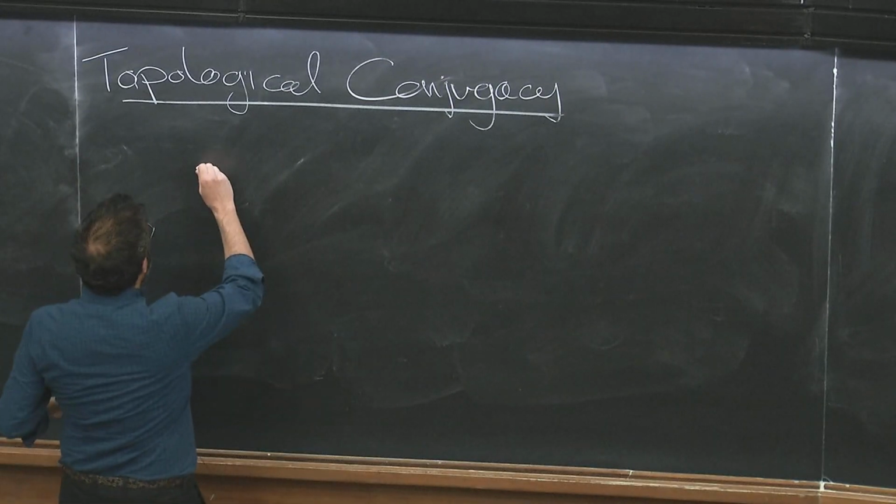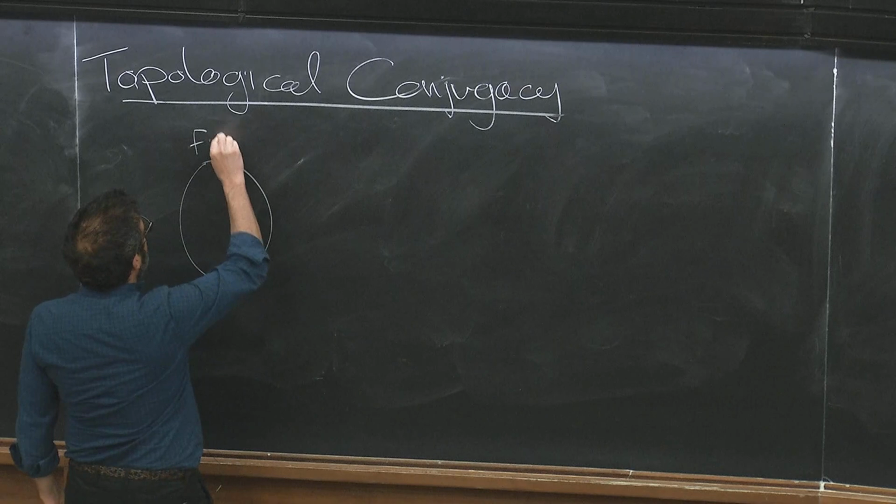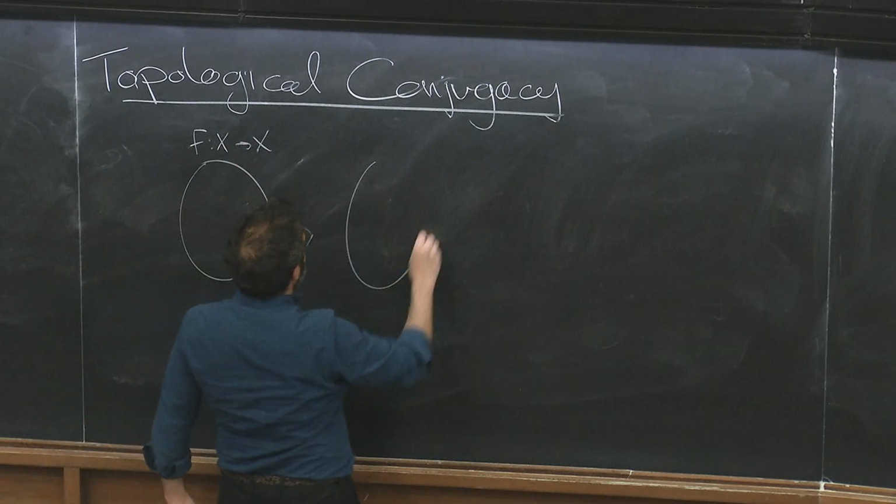So we have two dynamical systems. Let me just review it. If we have two dynamical systems defined on spaces with certain structure,